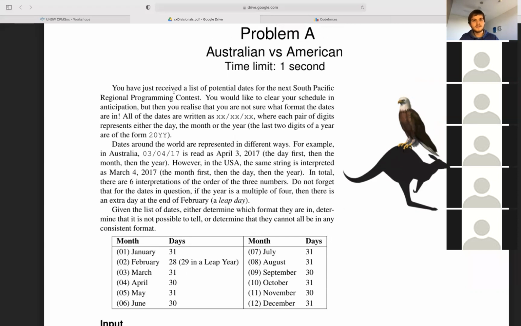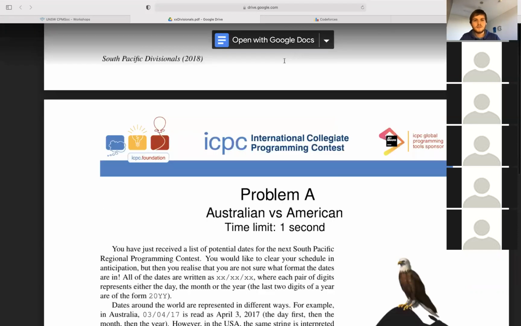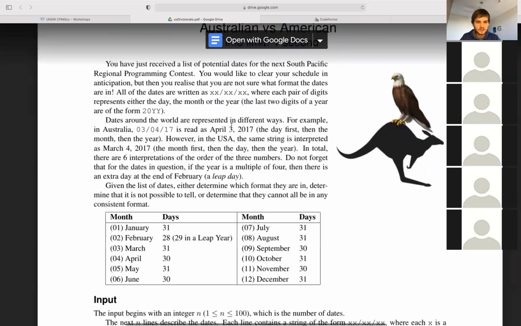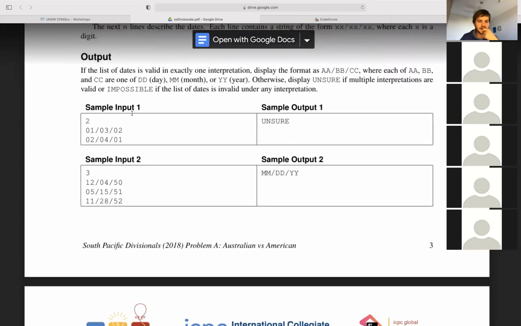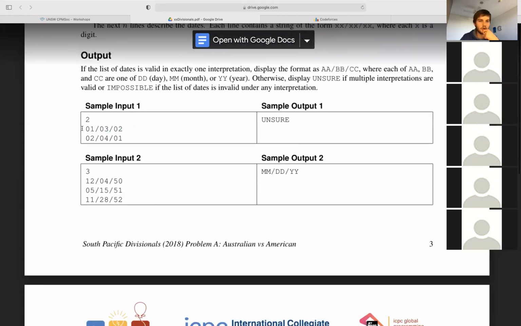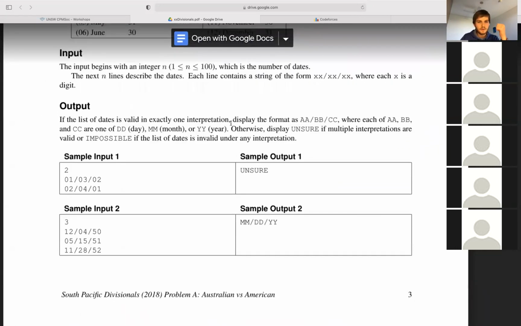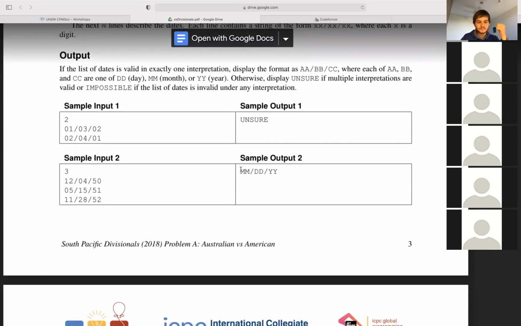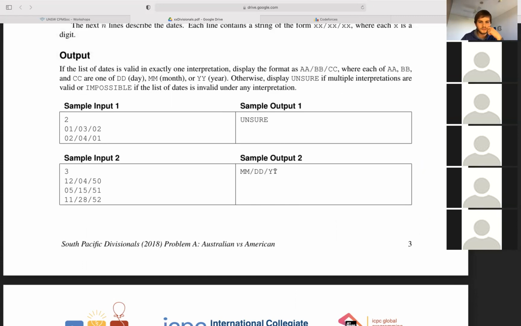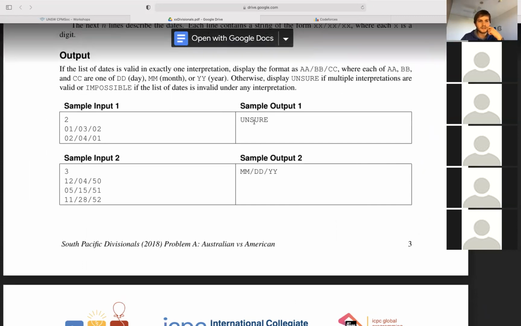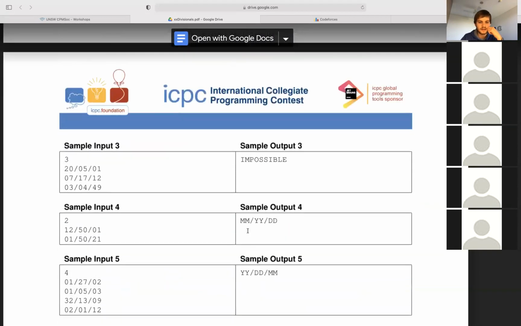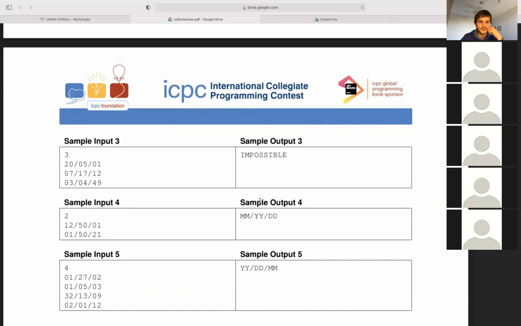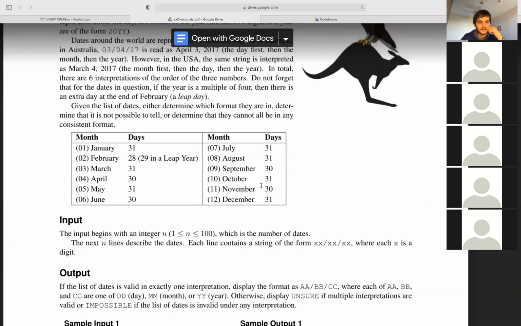The first one is essentially comparing dates using the Australian format compared to the American one. Don't worry too much about the backlog. Basically, they give you a date and you have to report in your output whether it's a valid date in month, day, year form, whether they're valid dates in either, or valid dates in day, month, year. Pretty much just which format they're valid dates in out of the formats you have to consider.